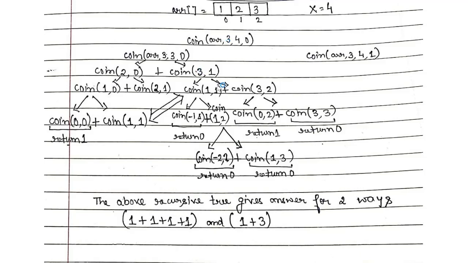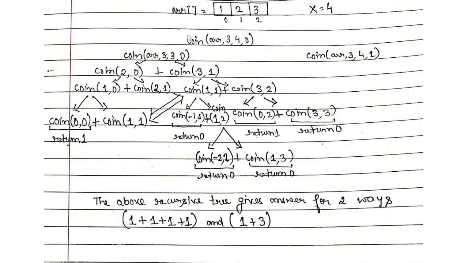So if you notice over here carefully, the paths from this root node to all the leaf nodes in this recursive tree, whichever leaf node would be returning 1, those are the total number of ways to make an amount over here. So if we see that the total number of ones are 5, then there are 5 ways to make an amount. If the total number of leaves which return 1 are 8, then there are 8 ways to make an amount. So this is the way this recursive algorithm works. So I highly recommend you to just branch out for each and every subproblem so that you can have a look at how many leaves return 1 over here. And each and every leaf returning 1 is actually a path, is actually a way to make the amount.